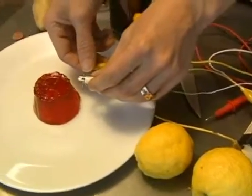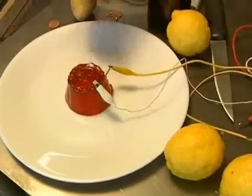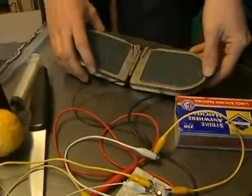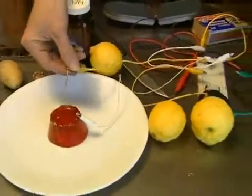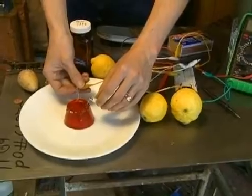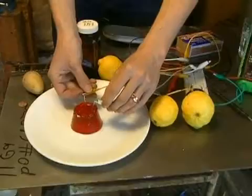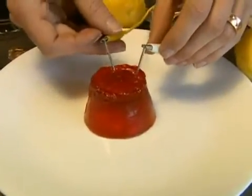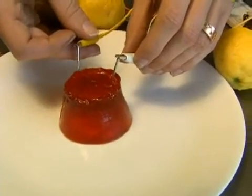And what I'm going to do is stick these nails into this Jell-O, and we are going to substitute the Jell-O for the resistor. So without that Jell-O there, we've got sort of an infinite resistance, and now this is becoming the control source for my oscillator. The more resistance it sees, the farther apart these are, the lower pitch it's going to be, and then if